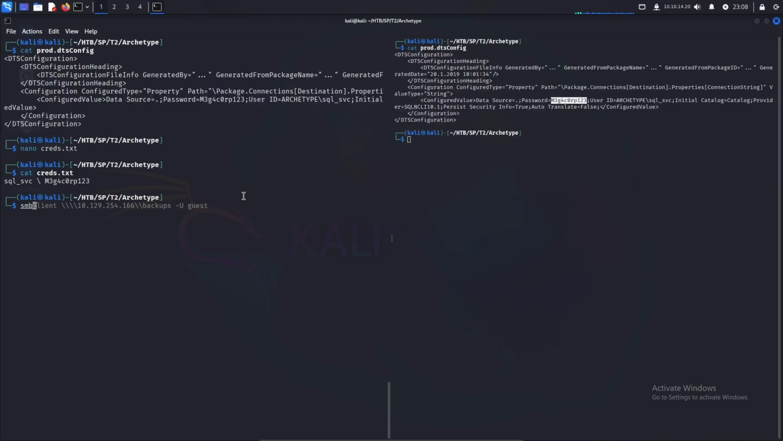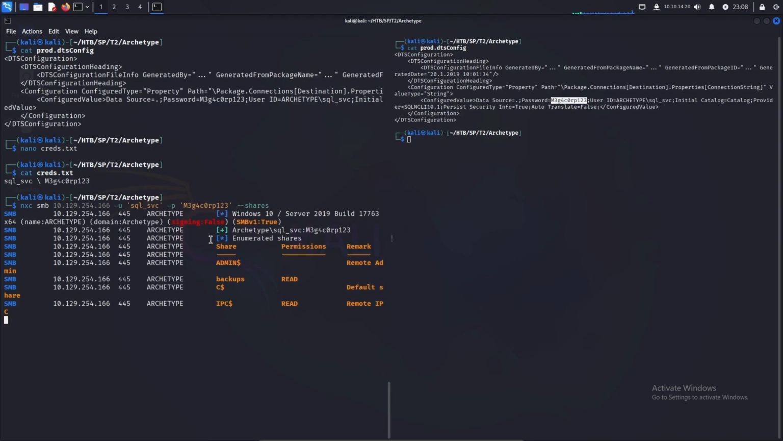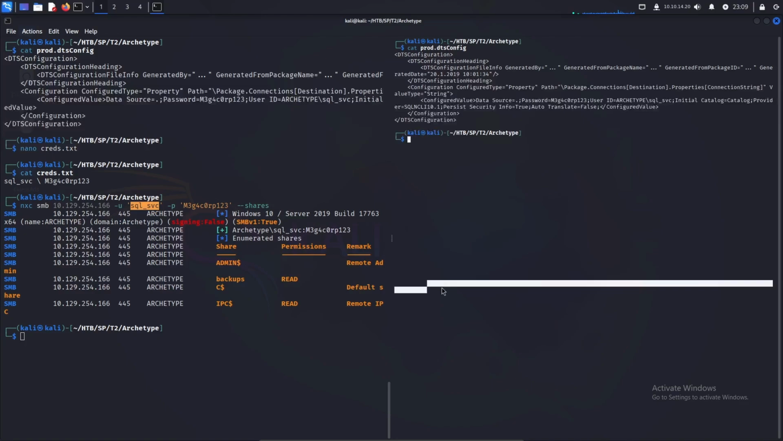Let's see if we can authenticate to SMB. So instead of guest, let's do SQL service -p, our megacorp123. Press enter. And we can authenticate, but there's no new shares here. So, obviously by the name SQL service, we get directed back to what we originally saw in our nmap